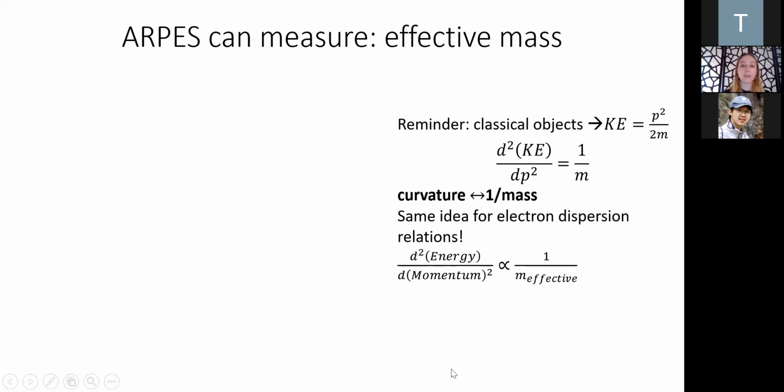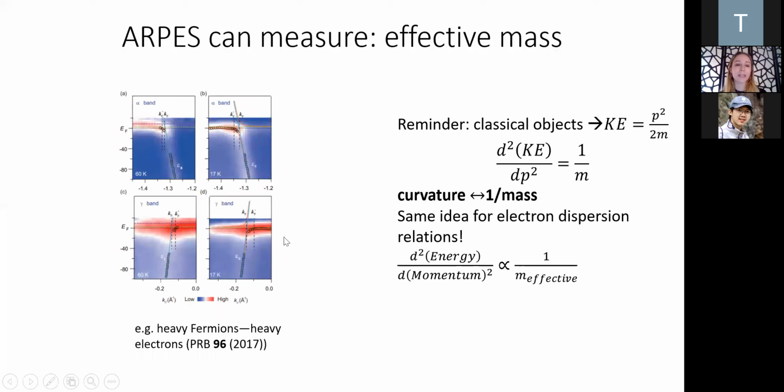So the second derivative of energy with respect to momentum is inversely proportional to effective mass. In crystalline solids, electrons can behave in weird ways. Sometimes they can behave like light, and we'll be seeing a lot of that in the coming slides, but sometimes they can behave like they're really heavy. The case where they behave like they're really heavy, these are called heavy fermion materials. Basically that's when you have the energy versus momentum curve being like these dots in panel B and panel D, so almost horizontal. That corresponds to a large effective mass. But we can also have the case of zero effective mass.